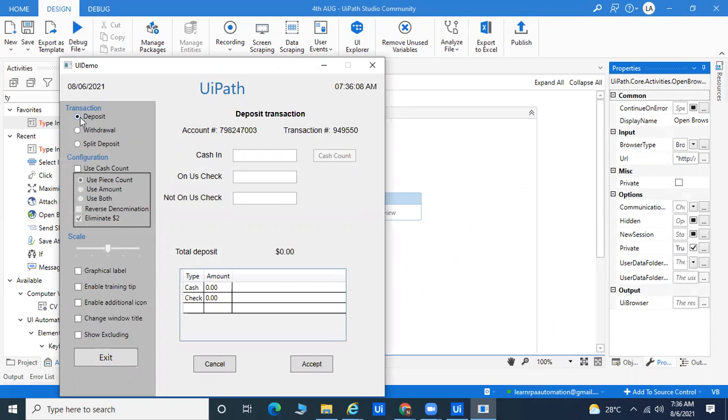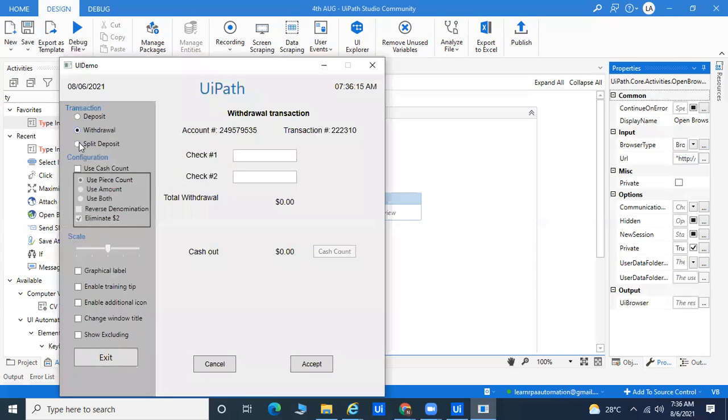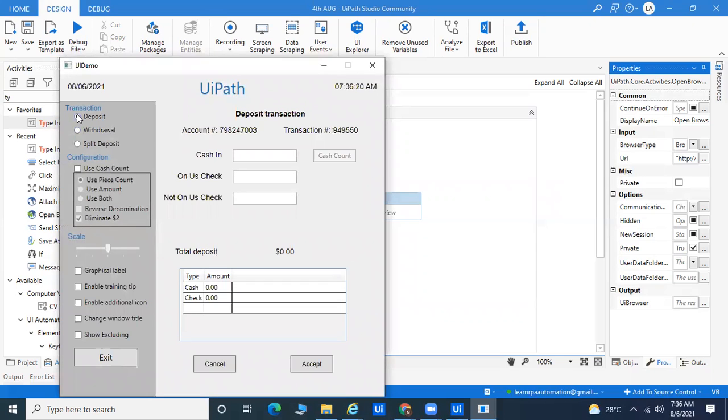Second time, I want to automate everything separately. In this desktop application, we have deposit, withdrawal and split deposit, so we have three different modules. One time login is required; a different time login is not required at all. Once you have launched and logged in, from the second time onwards you can take attach window and go for that. Attach window and attach browser are the same thing. Attach browser is especially for the browser part, and attach window is especially for the desktop part, where you can go for the automation.